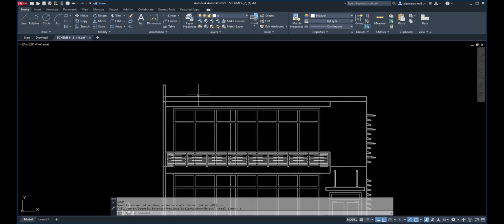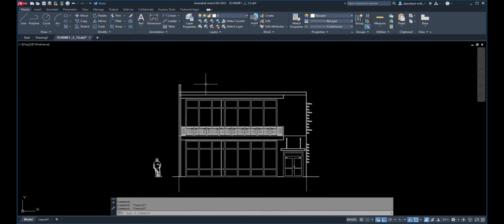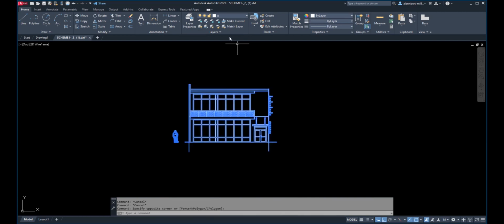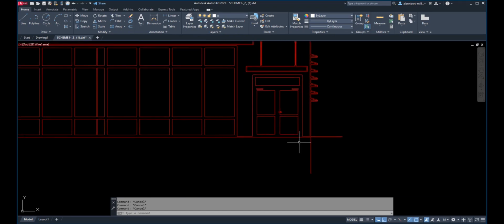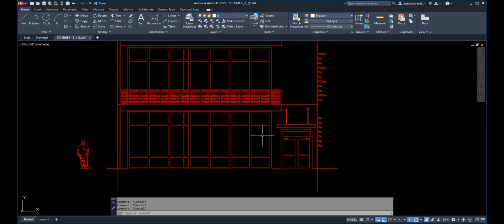Now, why did it go back to layer white? I thought I said change this to layer red already. So select that and change the layer to pen 1. There you go. Okay. So now that we have it in the correct scale,